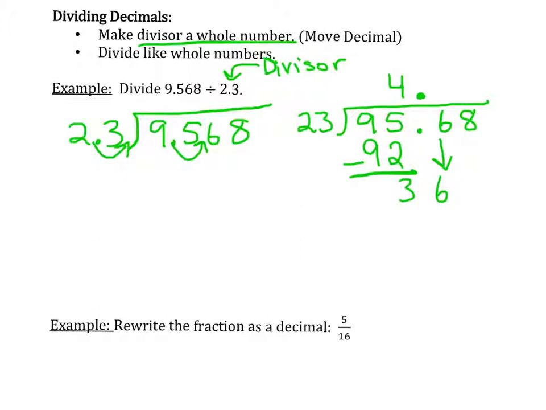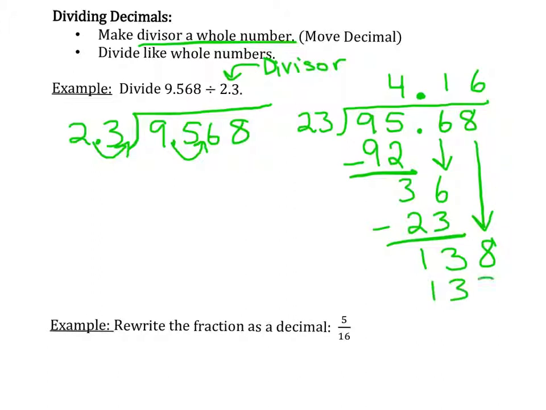Now I start the process over again. How many times does 23 go into 26? Well, it goes in there 1 time. 23 times 1 is 23. And then I'll subtract off again. I'll get 13. Bring down my 8. And now I want to see how many times 23 goes into 138. It goes in there 6 times because 6 times 23 is 138. We subtract, we get a remainder of 0. So 9.568 divided by 2.3 is